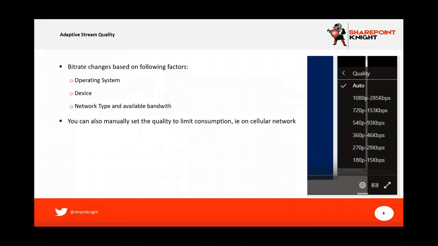So if you're coming in and watching a video on a mobile device, it's going to give you a lower quality version of the video, so it's not sucking up all your data. Because most of the time you're on a small screen, you don't necessarily need a full HD video. You can go with a smaller resolution and everything works out just fine. Also, if you need to, and you know, hey, I am tethering my laptop on my phone and I've got a slower connection, you can manually go in and select and say, hey, give me the lower quality version,